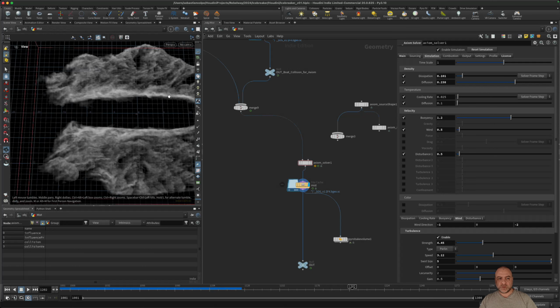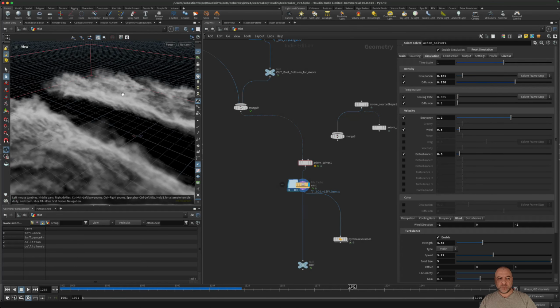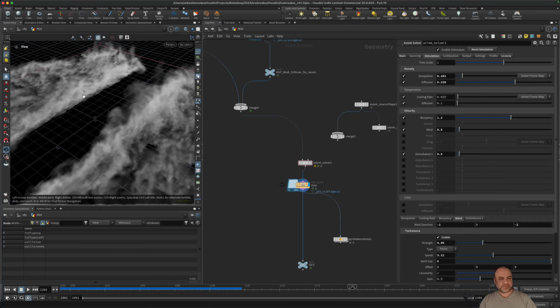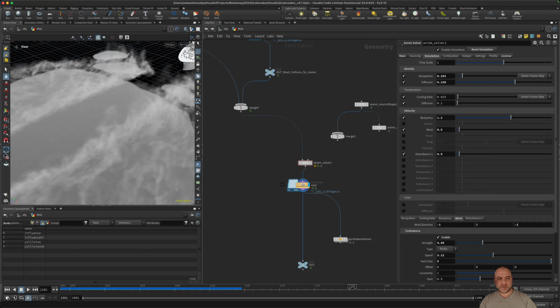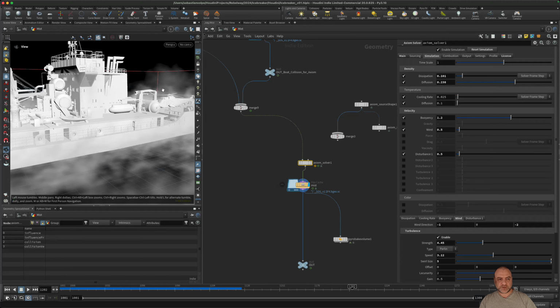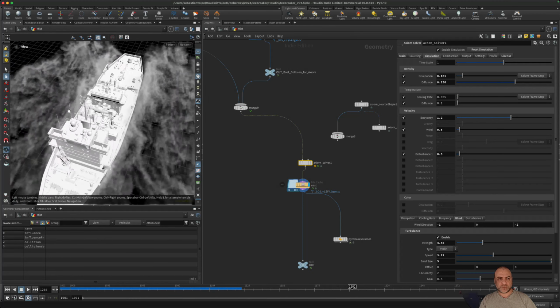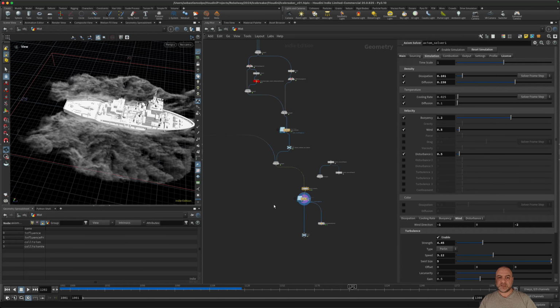Here we see the collision with the boat, and some smoke is going over the boat. It's cool. If I display the boat, some part of the mist goes just here, over the boat. And that's all for the mist.